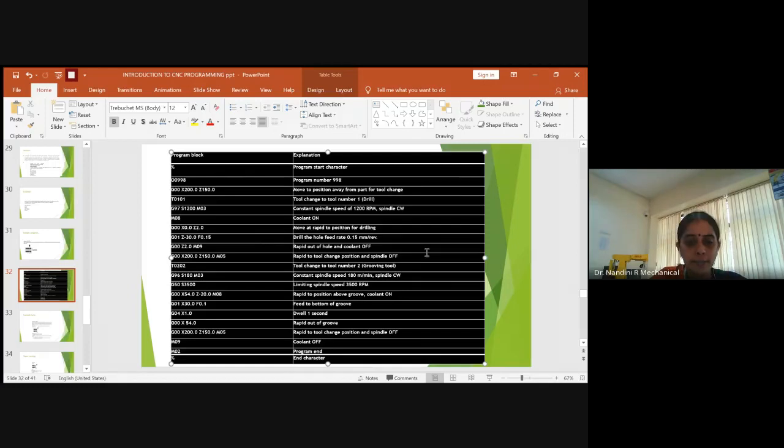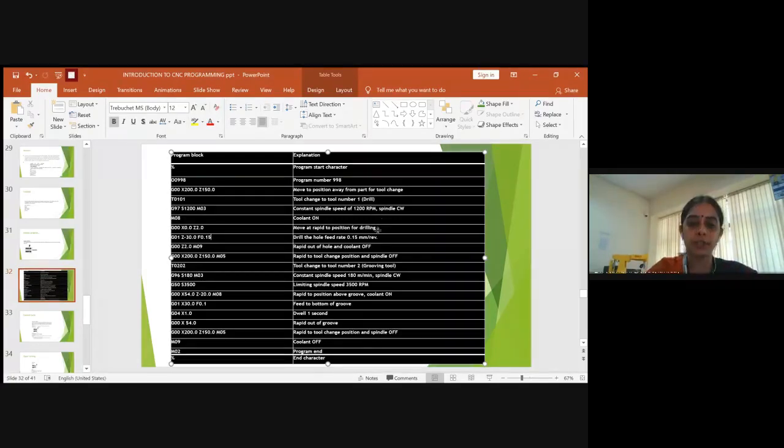Once the coolant is off, you have to turn off the spindle also, as it is not operating. So you will use the same command of rapid traverse, and then you will make the spindle off. M05 will provide you the spindle off. And you're lifting the tool away. X was here 0, so when it comes to 200, you are moving the tool away from the given component in the positive X direction. So the tool is totally away, no operation is being done, and hence you will turn off the spindle. Now the drilling operation is done.